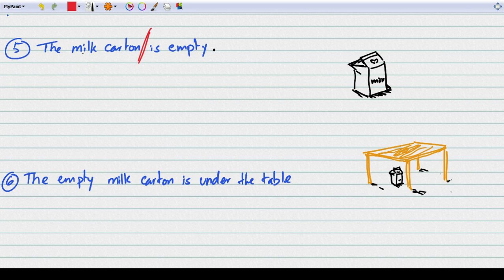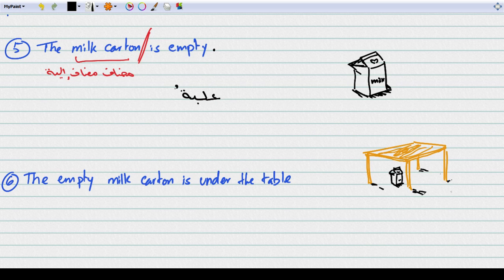The milk carton. This is a form of a possessive structure. So this is the carton of the milk, one way to look at it. And this is what we do in Arabic. We use the mudaf and mudaf ilayh structure, whenever you're doing this kind of possession thing. So if I translate the milk carton, it becomes in Arabic